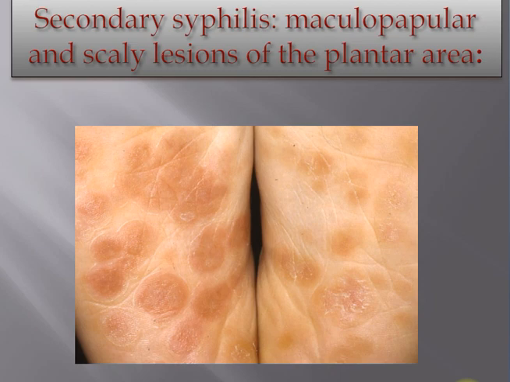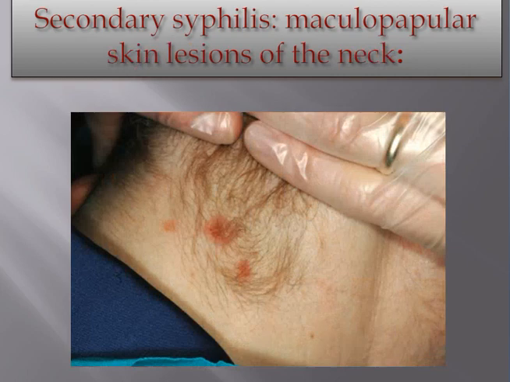Eczema, psoriasis, drug eruptions, pityriasis, lichen planus, and syndromes with skin rash plus reactive arthritis, urethritis, and conjunctivitis can be mimicked by syphilis. In HIV infection, things can be even more complicated, considering that secondary syphilis may show totally unexpected features. And let's see those features, and we can see the skin lesions of the neck, and you can see that it can be easily misdiagnosed with other diseases, for example, even with folliculitis.